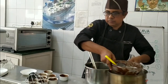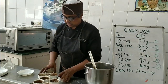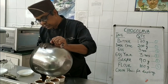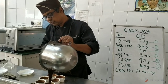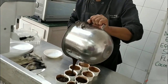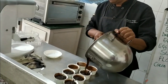All right. Okay. These things are done. All right. So we poured the batter into the ramekins. We don't need to completely fill it up. Around 70 to 75%, 80% of the bowl of the ramekin can be filled up, because